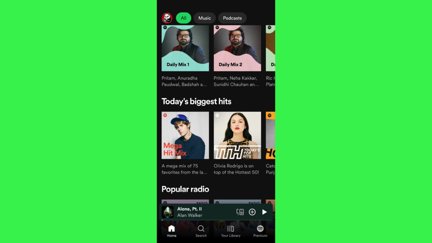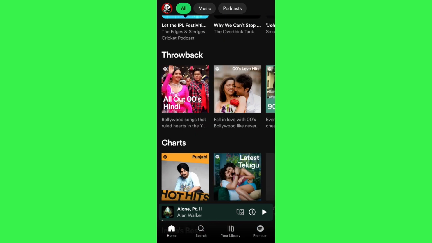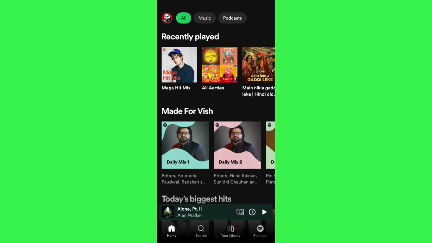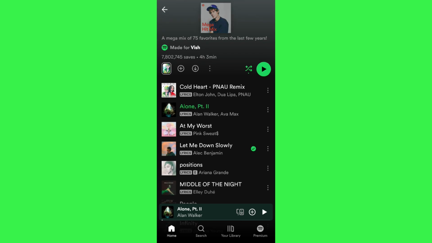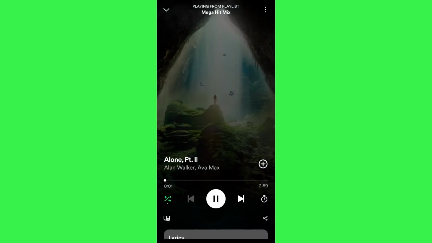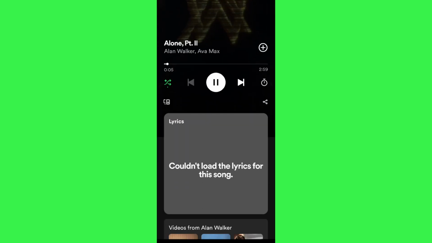In order to do this, you first have to launch your Spotify mobile application. Then you will have to select that particular song which you want to add in your Instagram story. So let's say I want to add this particular song over here. So I'll simply tap on this song, and as you can see over here that this song is now playing. If I scroll down, it will show you that the lyrics for this particular song cannot be loaded, but no